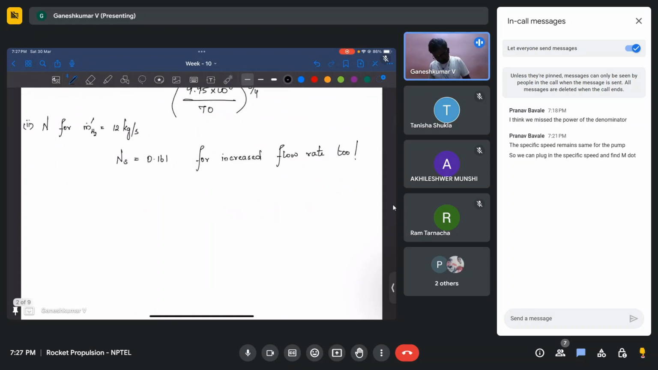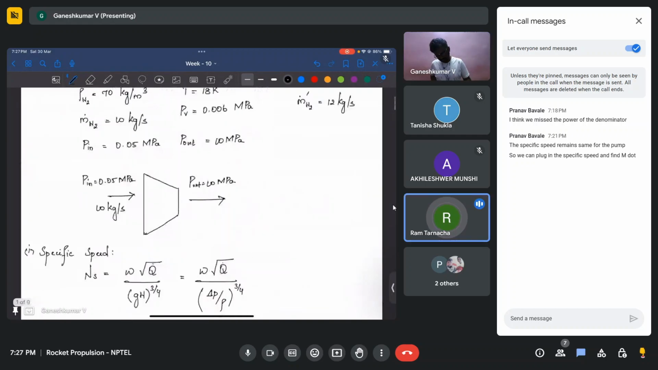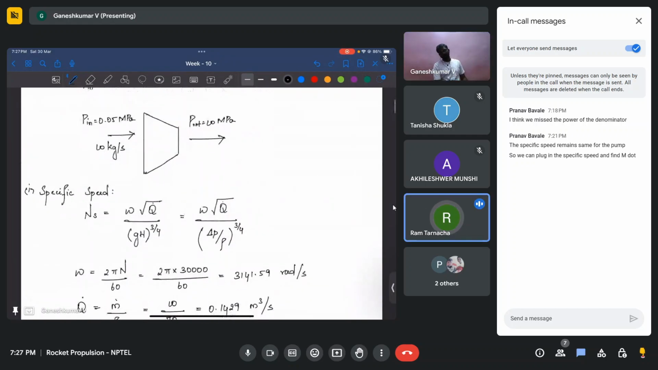I just want a little more clarification on this. You see, in the specific speed there are three factors: omega, volumetric flow rate, and head or delta P. If there has to be the same specific speed,